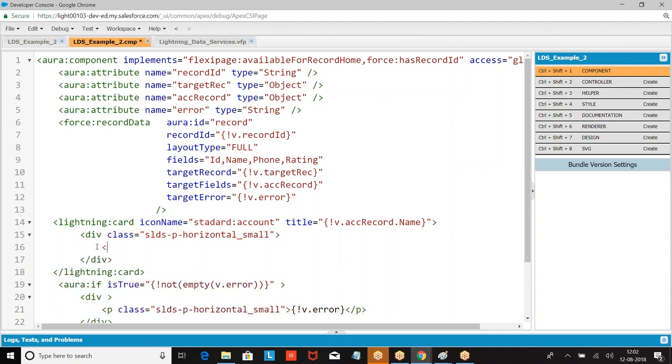Then in the paragraph, let me give you the same.